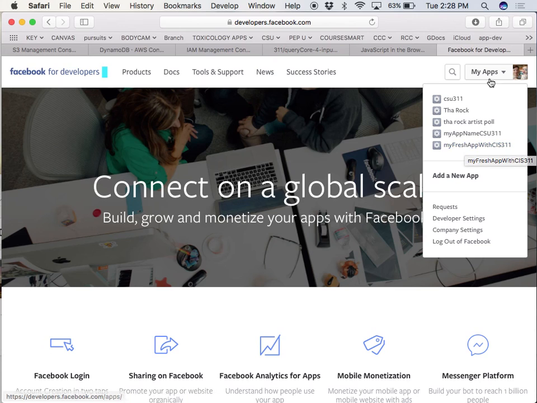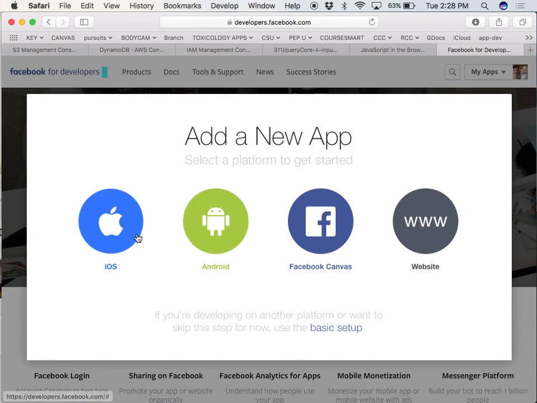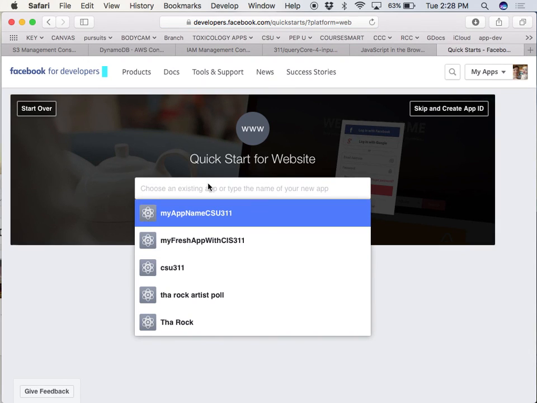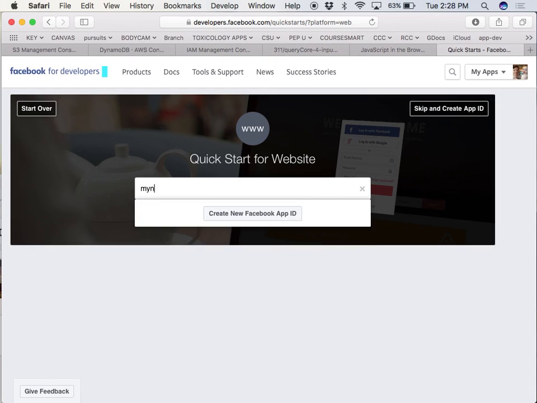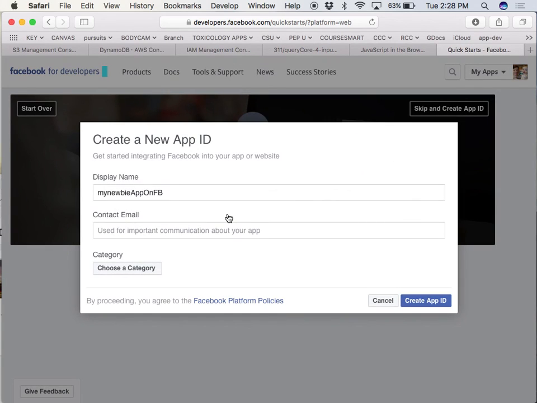what you do then is you have apps, and you can add a new app, easy, and yours is going to be a website. And let's say, and that's going to create, let's say, and I'm going to say that's inside of this category.